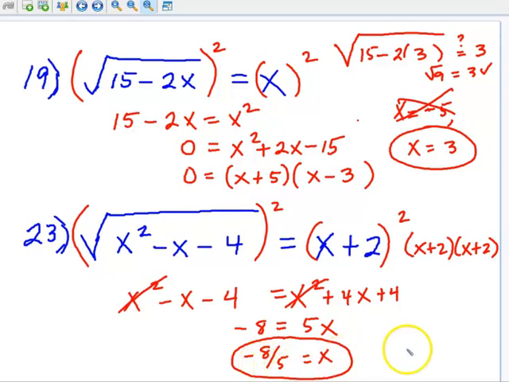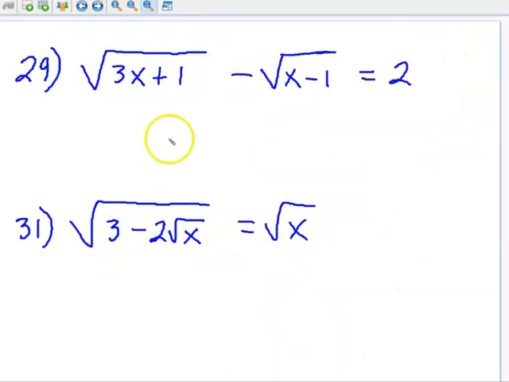And if it helps, because you can use your calculator for this, you can turn negative 8/5 into a decimal and then plug that in to get the result. That might be a little bit easier for you than dealing with fractions. I'll leave that up to you, but this does work if you plug it in. Negative 8/5 is a legitimate answer